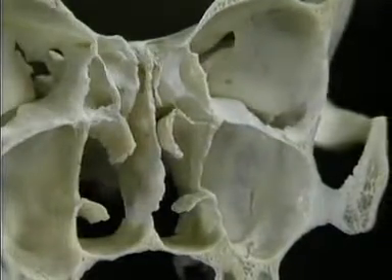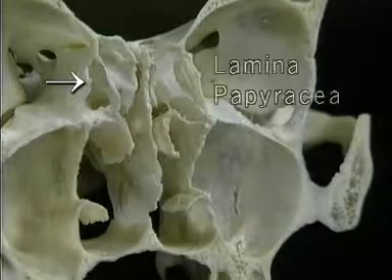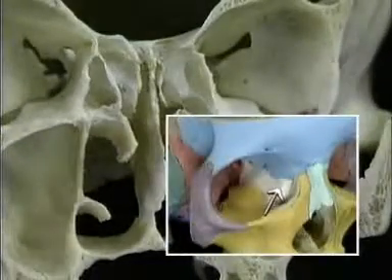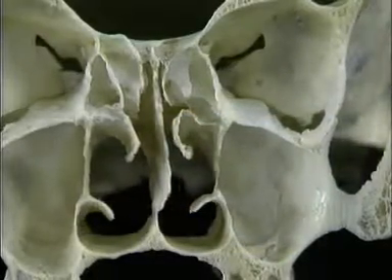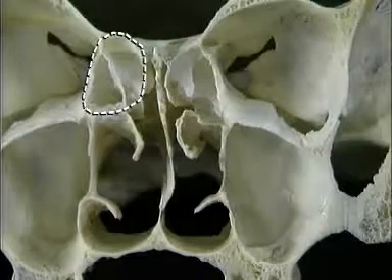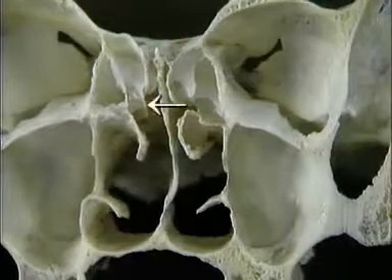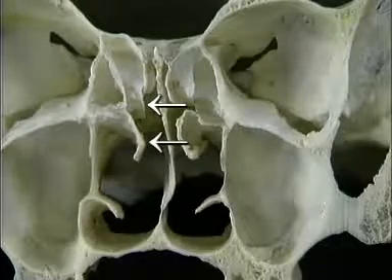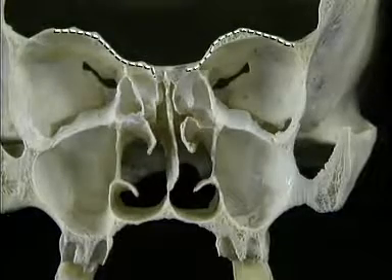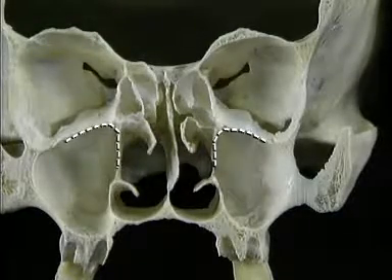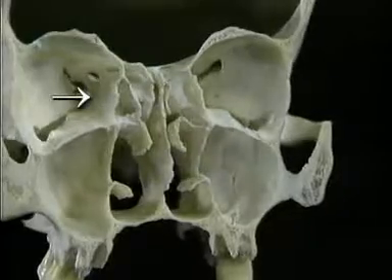The most lateral part of the ethmoid bone is this paper-thin layer, the lamina papyracea, which forms this part of the medial wall of the orbit. Between the lamina papyracea and the upper part of the nasal cavity are the ethmoid air cells, as we've seen. The superior and middle conchae are also parts of the ethmoid bone. The ethmoid bone is joined to the frontal bone above, the maxillae below, and the central part of the sphenoid bone behind. Now that we've seen the ethmoid bone, we'll return to the cavities for the paranasal sinuses and see